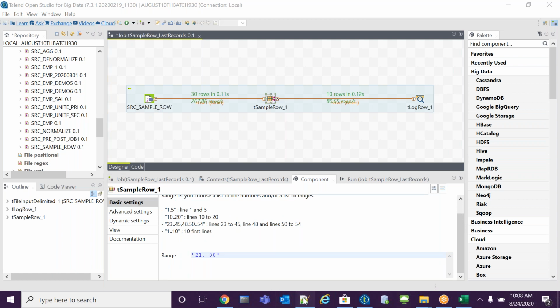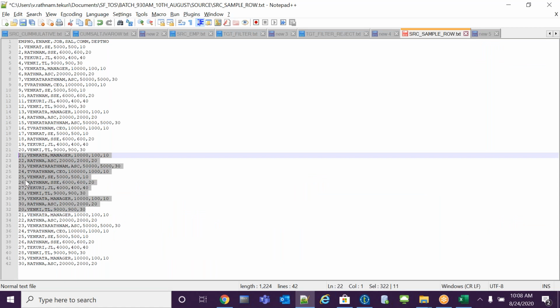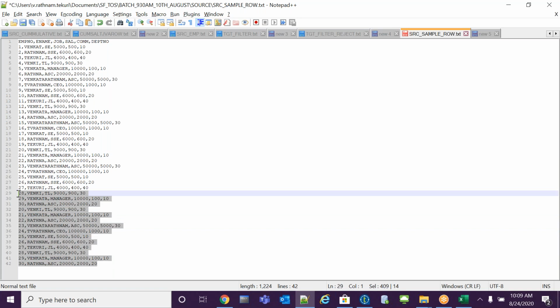I can generate one sequence. Assume that this is the sequence numbers, but assume that this is not in order. Employee number is not in order. It will come 101, 1, 2, some different numbers will come. For explanation, I have given an order here. So what do I have to do? First, I will generate a new sequence number, 1, 2, and so on. Then I will sort the sequence numbers in descending order. Then I will take the T sample row and define 1 to 10. Then I will load it. I can get the right last 10 records. Let me show you. You are exactly correct, Sagar.